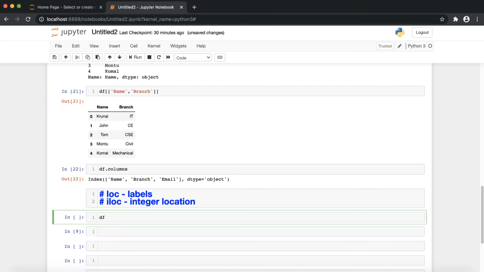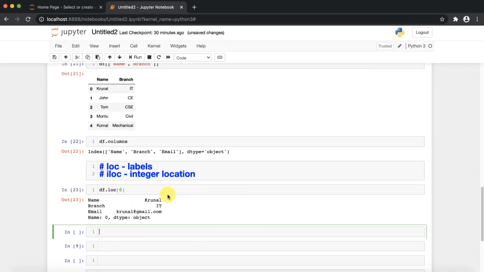Now let's access our students data. If I write df.iloc and provide 0, it will give the first row value. So the name is Krunal, branch is IT, and the email is this.